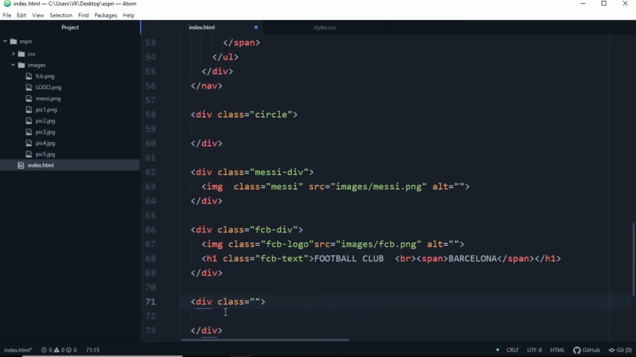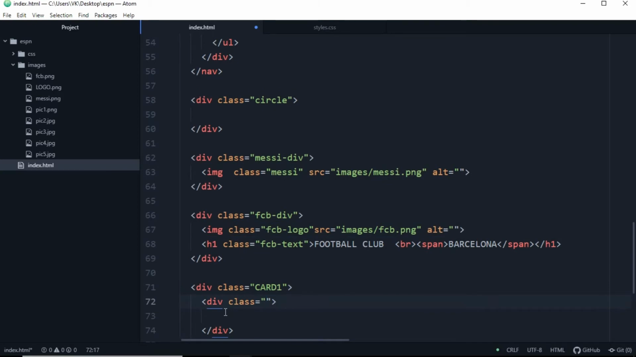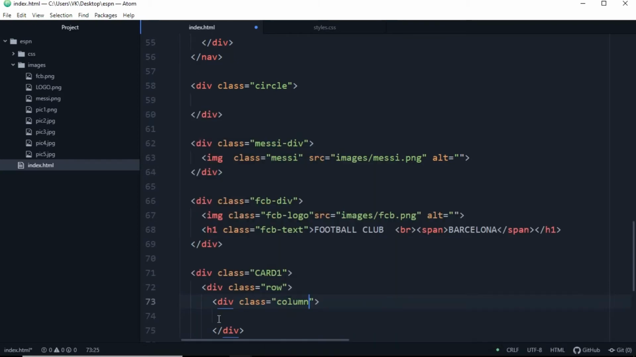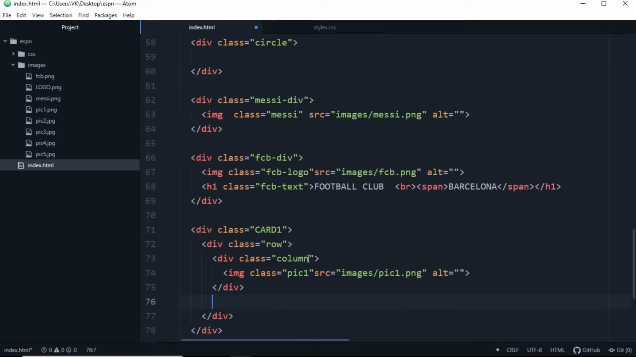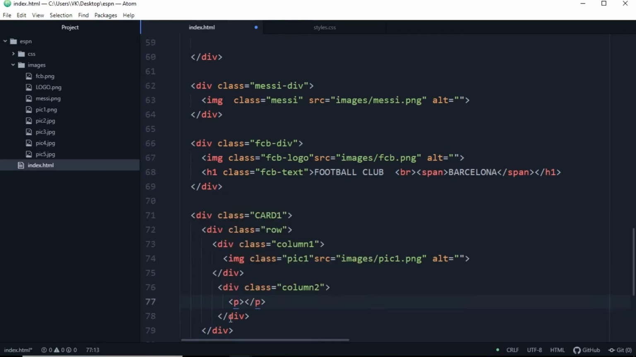So after this div, we'll make a new div which is class card1. Inside that we'll add a class which is class row. Inside that we'll add a column as an image tag with the source images slash pic1.png, which has class pic1. Okay. Below that, let's make it column1 and we'll make a new div here which is class column2. Inside that we'll add a para tag to it,